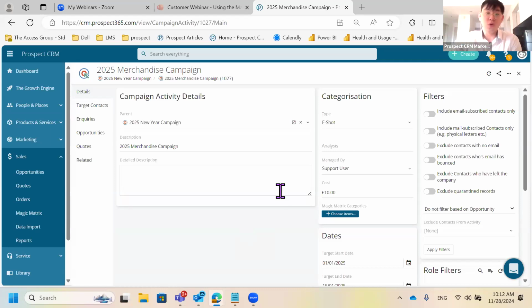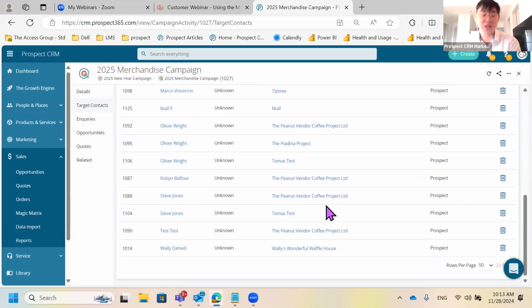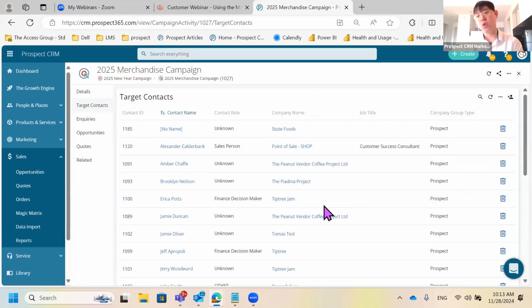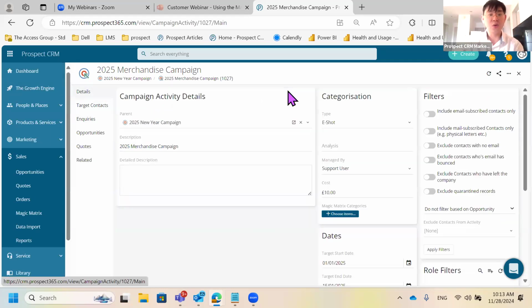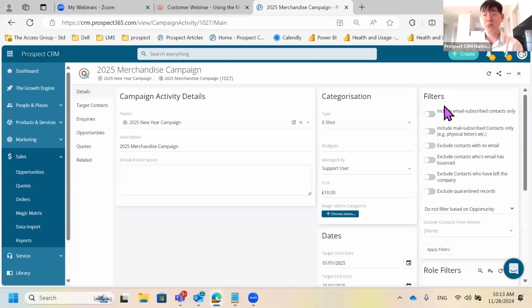All right. So now, after having this targeted contact, but there's so many. Okay, it's not really a lot, because it's a testing account. But generally speaking, you have maybe hundreds, 200, even 500 contacts here. So you have so many, it's technically filtered contact, but some of them might not even have emails. So what you can do is actually include email subscribed contact only. Exclude contact with no email, and more importantly, exclude contact who have left the company, because if not, you'll be